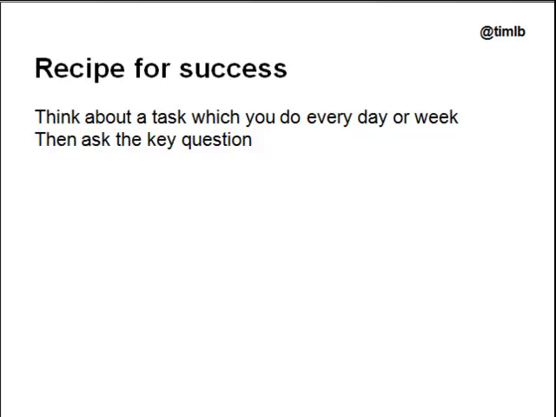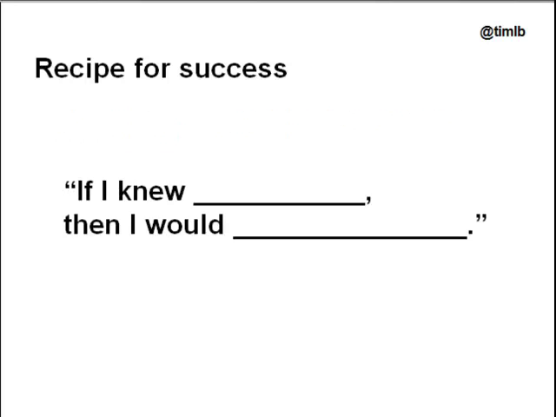But as ever, I will end by coming back to a variation of that first question, which was about what do you actually do on your sites in your day-to-day, week-to-week life? Because the real secret of GA, the recipe for success, is the same as it was last time, but I keep banging this home: you've got to think about those tasks, the stuff that you actually do. In this case, mostly I've been talking about trading your site, and ask this key question: if I knew whatever it was, how many people looked at this product and didn't add it, or whatever it was, then I would